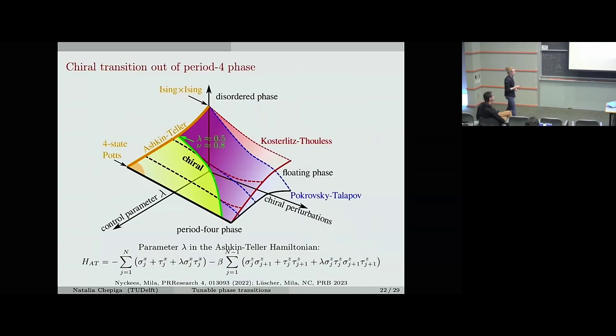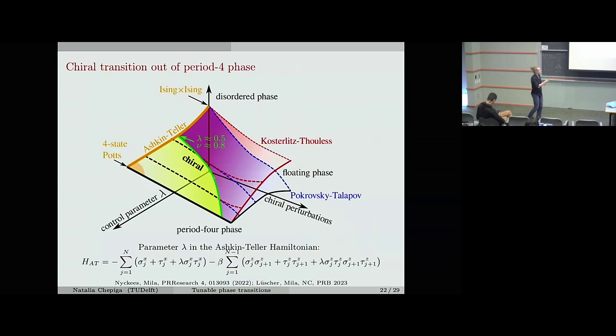And the reason for this comes with little investigation of the chiral Ashkin-Teller model. So you see what happens. Even in the absence of chiral perturbations, the transition to the period 4 phase is way more complicated than the transition to the period 3 case, because it belongs to the Ashkin-Teller universality classes, which is a big universality class, or if you wish, the whole family of universality classes that interpolates from the 4-state Potts point to the coupled Ising chain. All the way between these 2 points, there is a conformal transition in the Ashkin-Teller universality